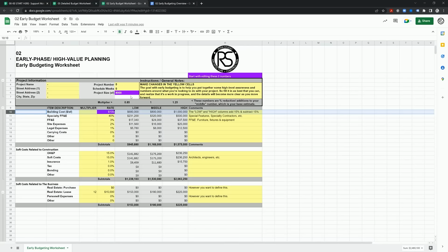And so in a budgeting worksheet like this, you've got two inputs as a starting point: project size and project cost per square foot. This results in numbers that are simply multiplying those. So if you reduce the size or you reduce the dollar per square foot, the total cost changes. And so you can go back and forth with this because again, it's really more of an art than a science. But I just wanted to cover a few different ways that I think about projects and how to